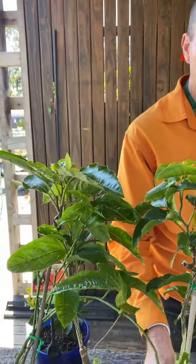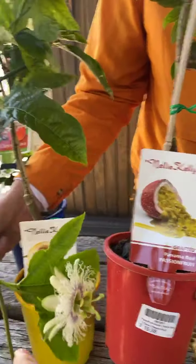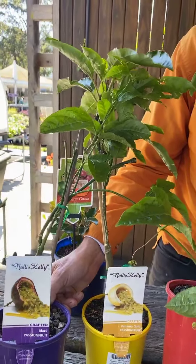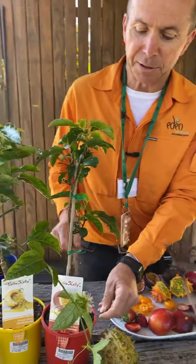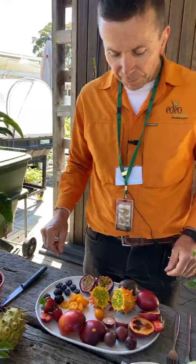But the red Panama, like this black one, which would normally do its fruiting around Christmas time, probably isn't going to deliver in this growing season, but this one will. So if you can get that in a nice sunny spot, north facing, you're all good. Okay,